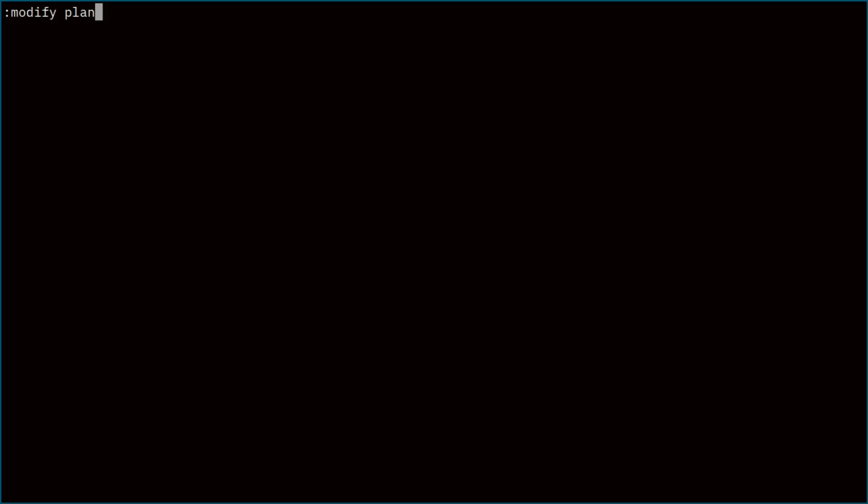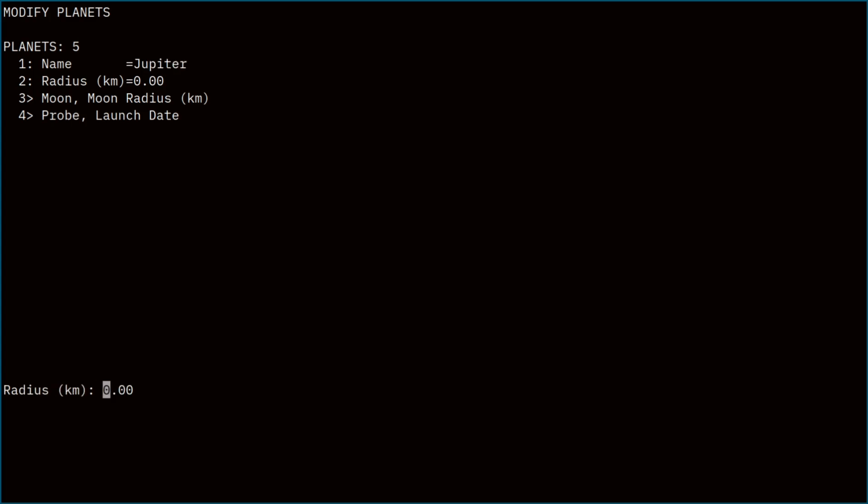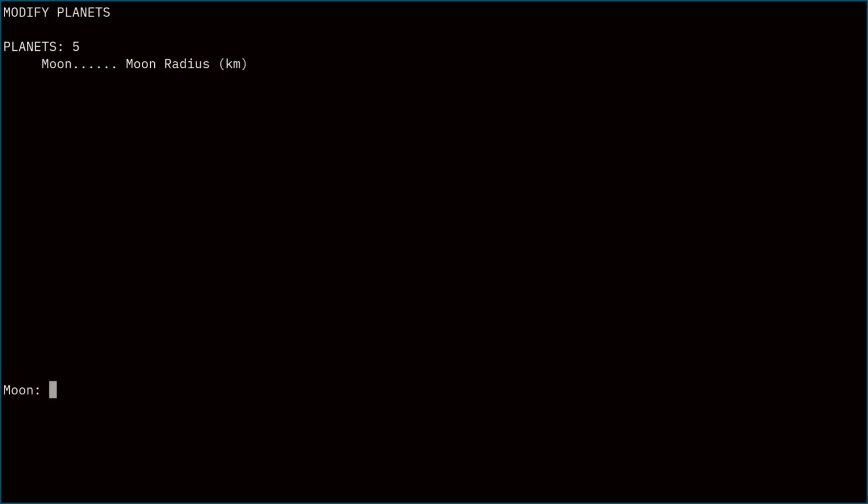So let's modify planets. Jupiter would be number 5 if I'm counting correctly. So Jupiter's a big one, 71,492. And we'll do Io at 1821.6. That should be rounded up to 1822, and sure enough, it is. And we can do Europa, which is 1560.8. Ganymede is 2634.1, and then Callisto, which is